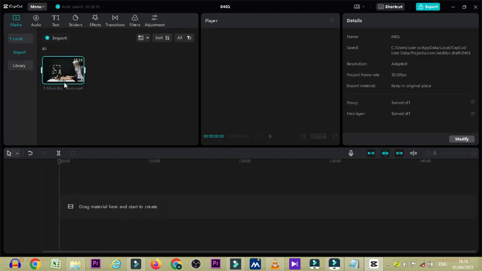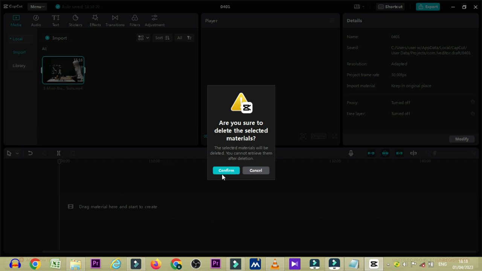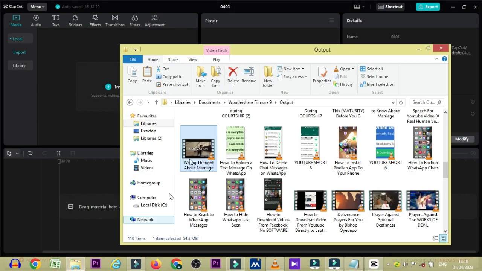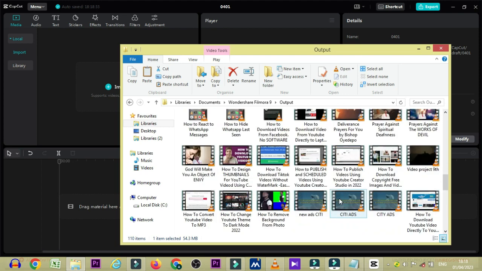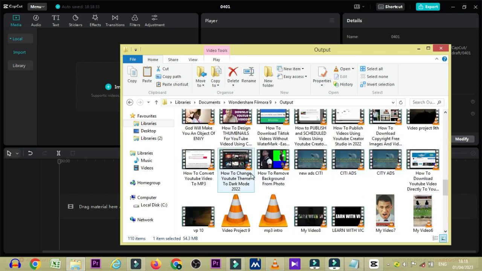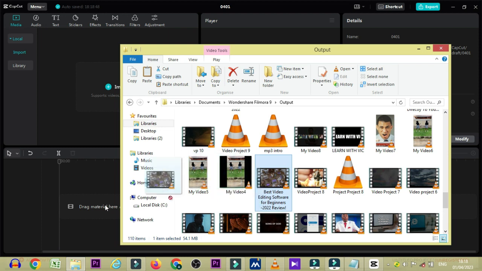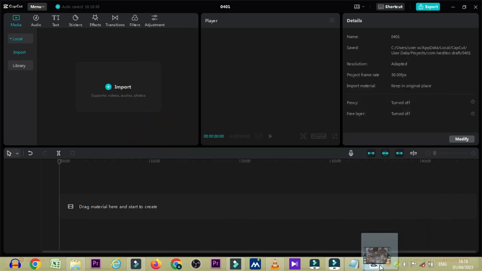Okay, in order for you to see the second method, it is very easy. Just come to your text bar here, that is wherever it's as if you want to play the video. Look for the video that you actually want to put there, and then you drag the video down into CapCut